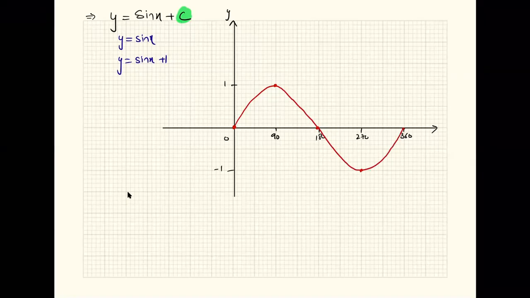Now what's happening to sin x का function? It is being shifted 1 unit upward. यानी कि पूरे के पूरे ग्राफ में 1 वैल्यू वर्टिकल डायरेक्शन में एड अप हो गई है. I'm going to see where that is going to take my curve. इस पॉइंट में जब मैं 1 ऐड करूंगा, अभी यहाँ पे साइन ऑफ 0 डिग्री 0 होता है, जब मैं इसमें 1 ऐड कर दूंगा तो ये पॉइंट 1 पे चले जाएगा. So my new point is going to be 1.